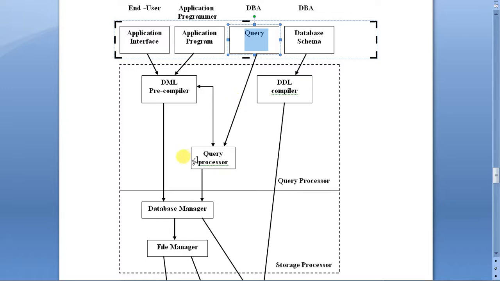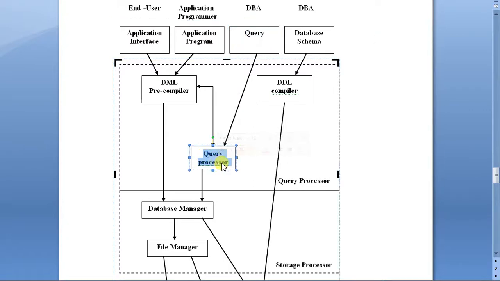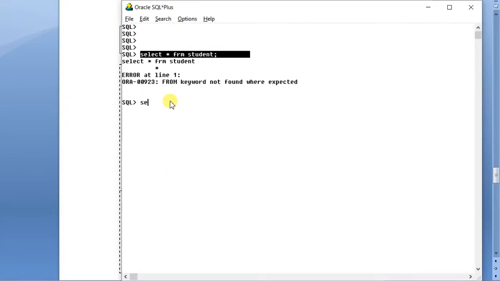Okay. Next is your query processor. Now see, what is the role of the query processor? The most important role of the query processor. Suppose you have given a correct query, select star from student. Now first of all it will be checked whether it is correct or not. Then it will be checked whether there is a table called student. So you can understand that your data is stored somewhere in the hard disk and is stored in some internal encrypted format. But to the user it should be displayed correctly after checking the permission given to the user.